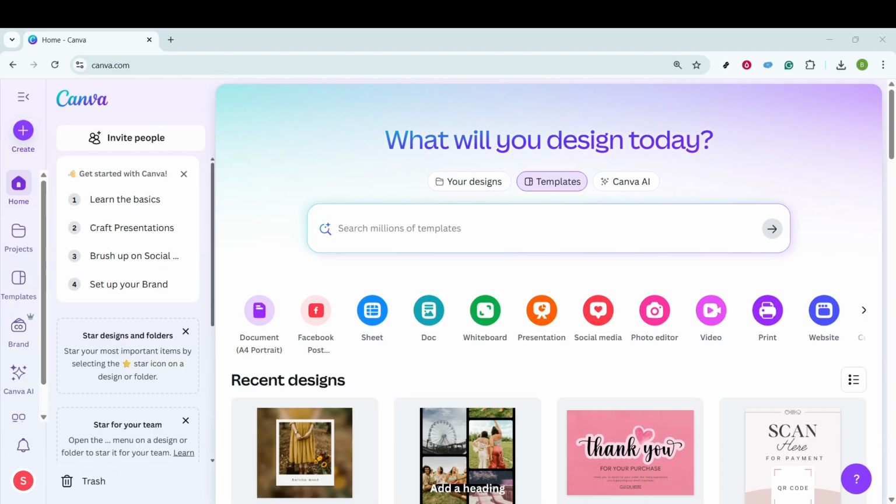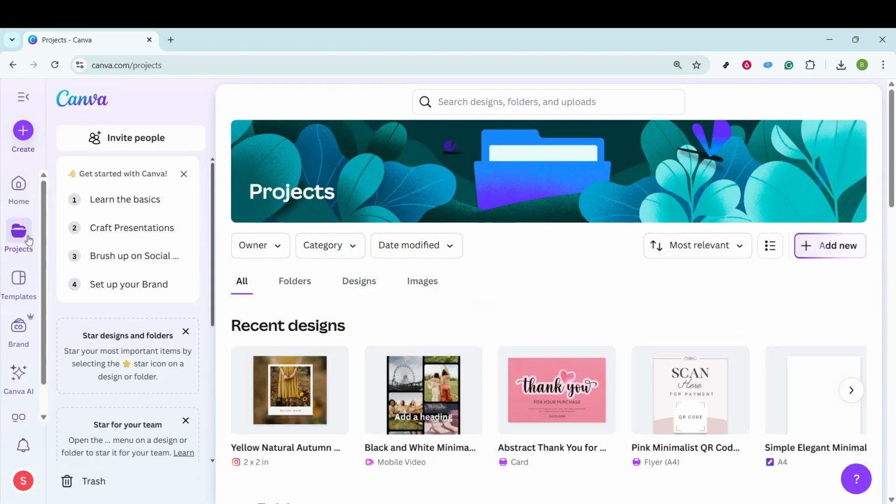First, you'll want to log into your Canva account and make your way to the home page. There, on the left-hand side, you'll notice several options. Among these options, look for the one labeled Projects and go ahead and click on it. The Projects section is your central hub where you're able to manage all your designs and folders in one organized